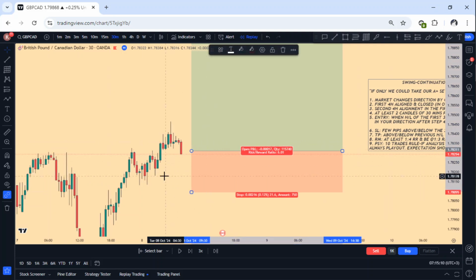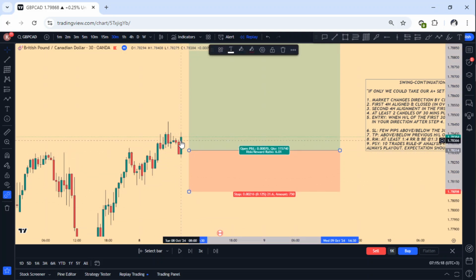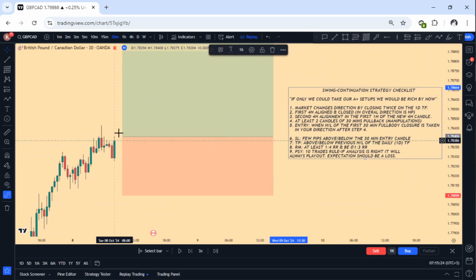that is why I waited. You can get your entry, by the way, when this candle closed. You can get your entry when the candle's high is taken. So ideally you should be waiting for this candle's high to be taken, and then you get an entry when it pulls back. So at least 2 candles, so we've gotten this,